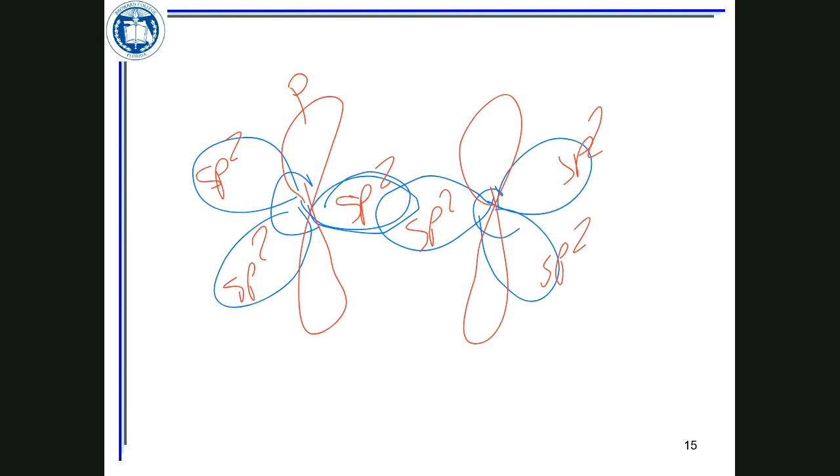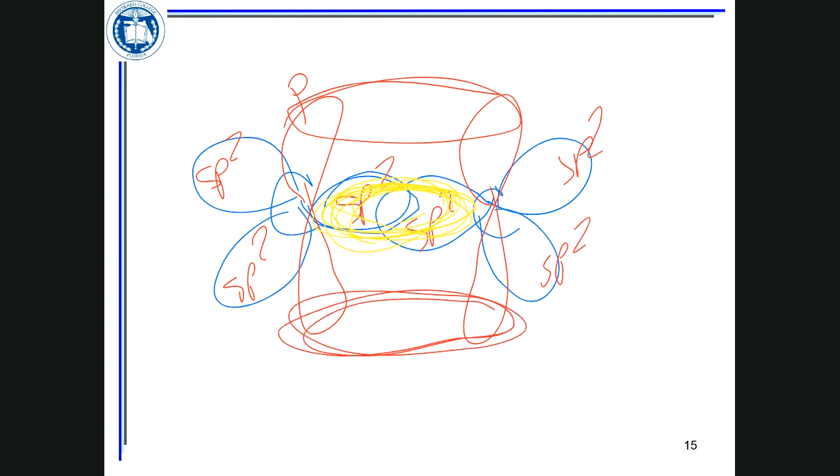The two sp2 overlapping is going to give you what type of bonding? The sigma bonding. Very good. A single bond, and it is a sigma bond because it's a head-on overlap. And when this sigma bond forms, the two carbons actually get close to each other, close enough for the two p orbitals to touch each other and overlap side by side. And when the two p orbitals overlap side by side, a new bond forms.